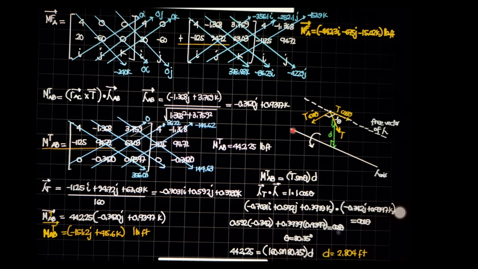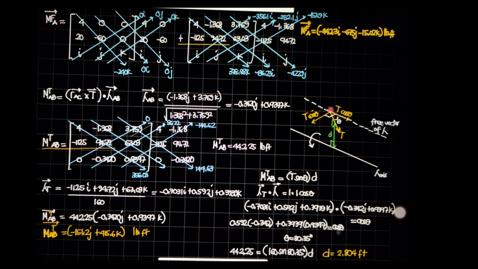So this is the guide. So I reorient the situation, but it's applicable as long as you will not lose sight about the perpendicular distance between the tensile force and this axis here. So this is the point of application of the tensile force, or in general the force. Then this is the free vector of this axis, which is axis AB for this problem here, but I just call it lambda of axis for general situation.